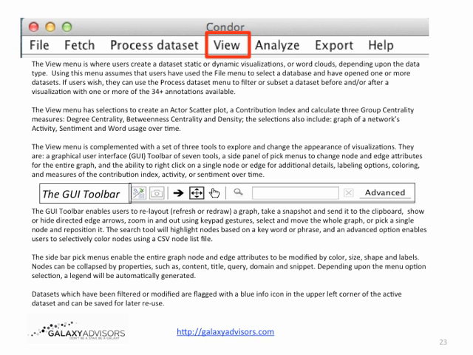The view menu, again, one of the more powerful menu items. The view menu is where users create a dataset static or dynamic visualization or word clouds depending upon the data type. Again, you have to have timestamp data here, which is especially in Twitter and email. So using this menu assumes that users have used the file menu to select a database, opened one or more